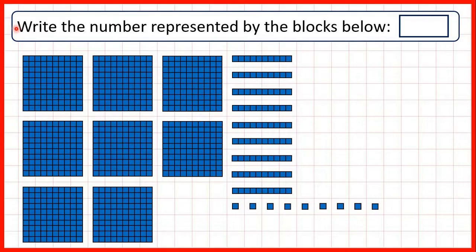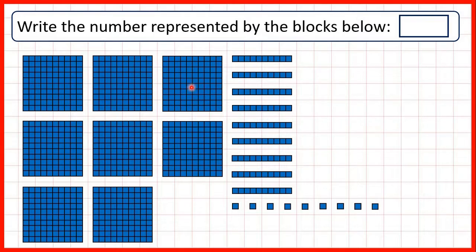We need to write the number represented by the blocks below. So here we can see that we have these blocks, which are ones, then we have these, which are tens, and we also have these blocks here, which are hundreds. So we know that if we have 10 ones, that's the same as having 1 ten. And for hundreds, if we have 10 tens, that's the same as having 100. So if we imagine 10 of these tens blocks all stuck next to each other, that's the same as having